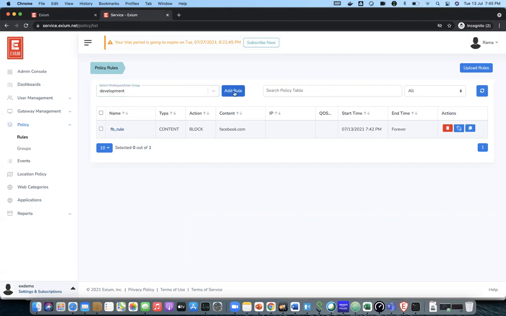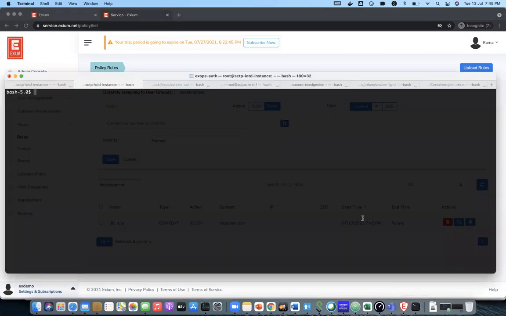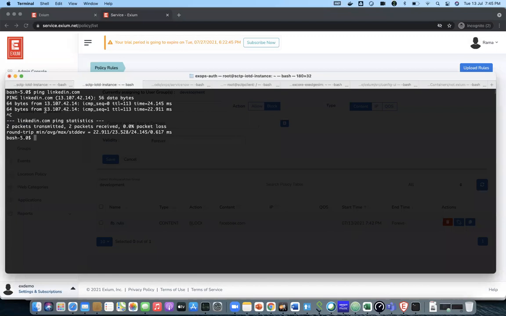In the same way, I'll try to show how a firewall rule works. I'll ping one of the IP addresses.